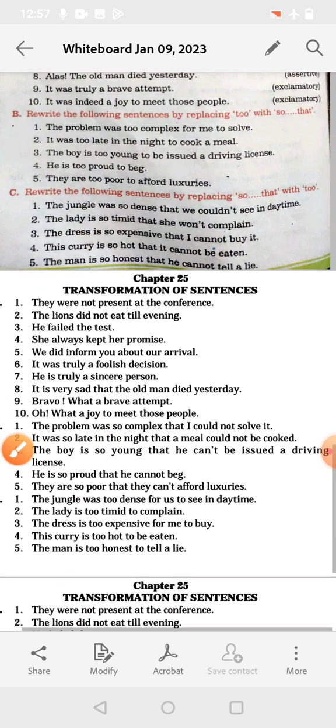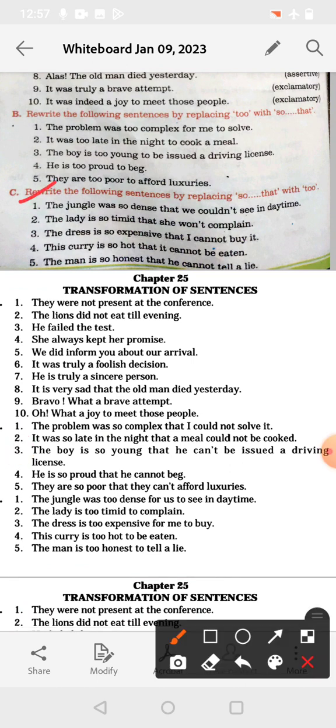Okay. Now C portion, rewrite the following sentences by replacing so that with to. Now this is the opposite of this exercise B. In this we have replaced to with so that. Now in this we have to replace so that with to. Okay, wherever so that is coming, we can replace with to. Number 1,